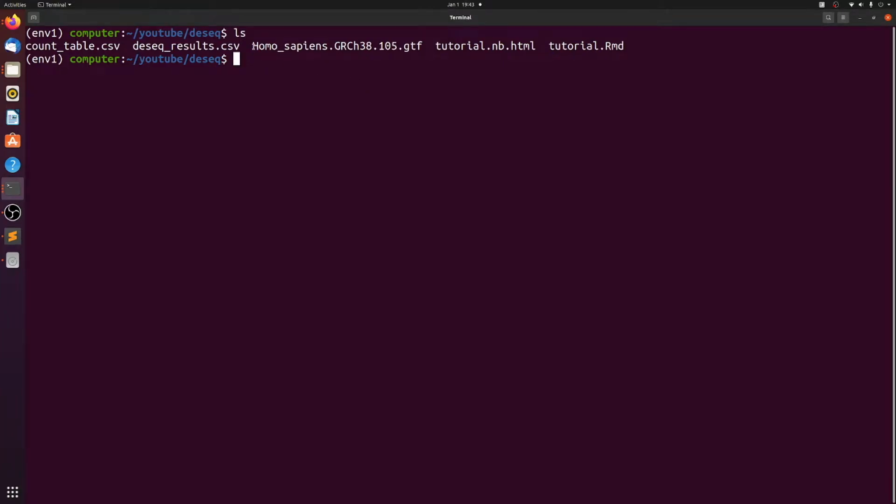Okay, so for this, all we really need is the GTF file. There are R packages like BioMart that can map Ensembl IDs, but honestly, doing it this way is going to be pretty easy and it gives you more control and it doesn't require you learning how to use a new module or package. So if we look at some DESeq results we had from earlier,